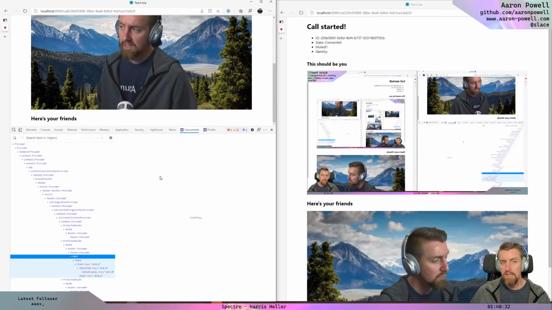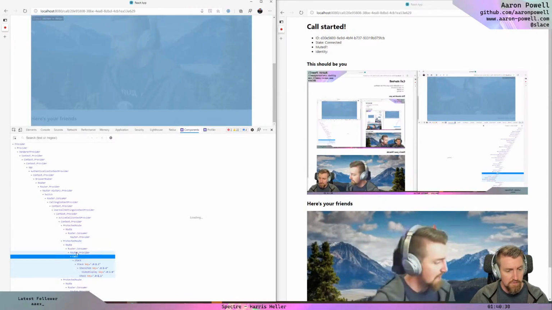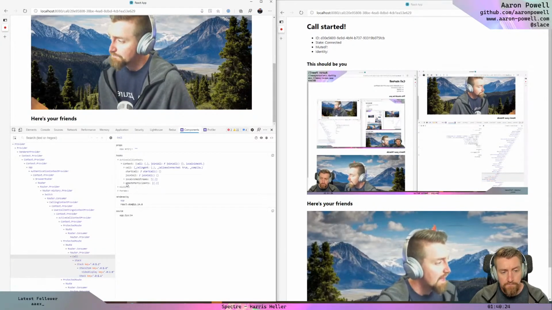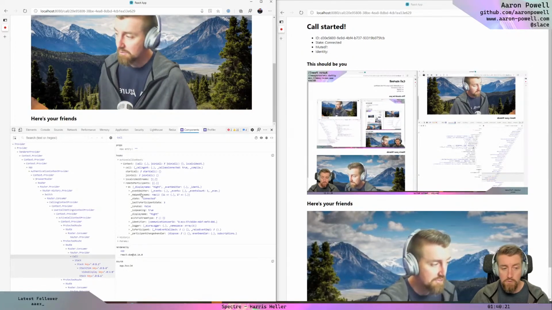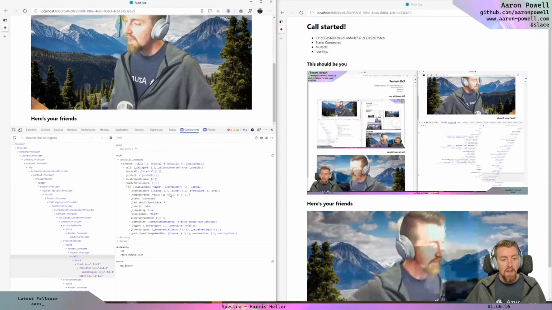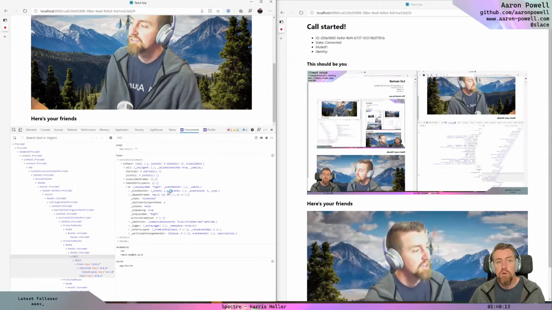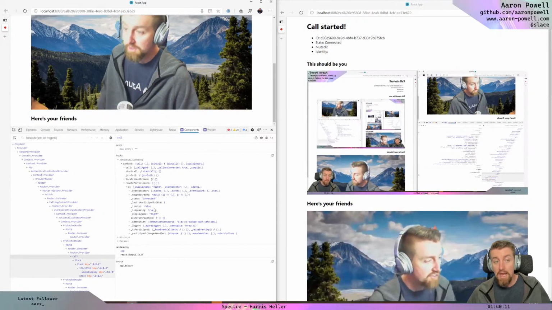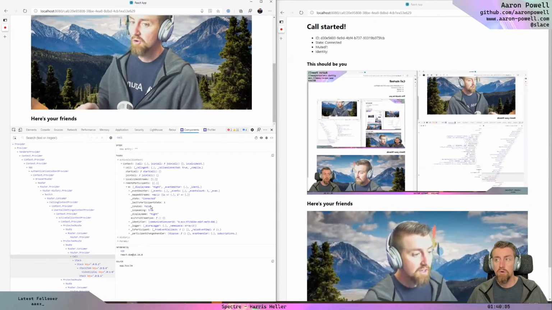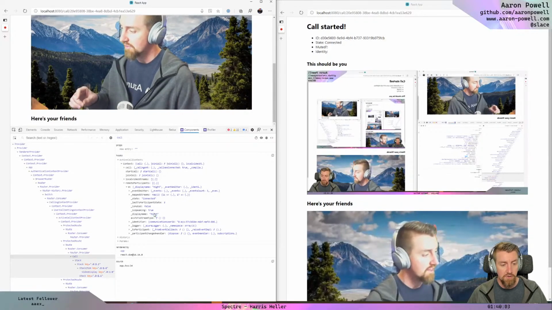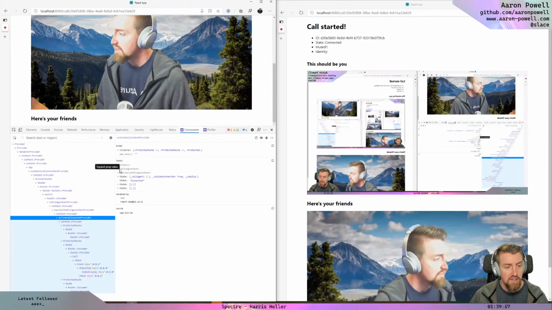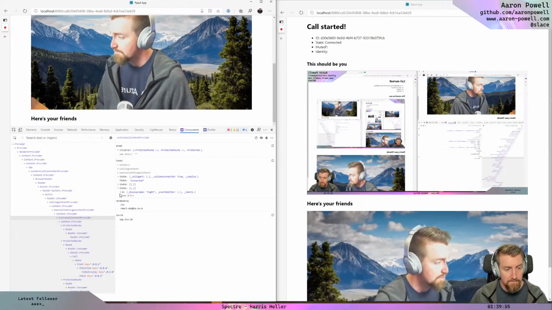So what is likely to have happened, if I can get the components, there we go, is that the remote participants, okay, yeah, cool, that's happened, a thing's happened for that remote component, but we haven't resulted in any changes that React is aware of to this collection, so it doesn't know to re-render anything in this collection. Whereas if I come back up to the state here, which is going to be this bottom one,